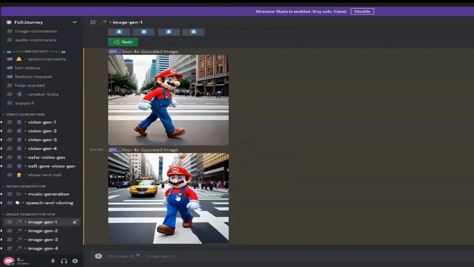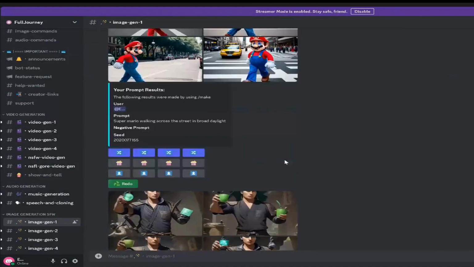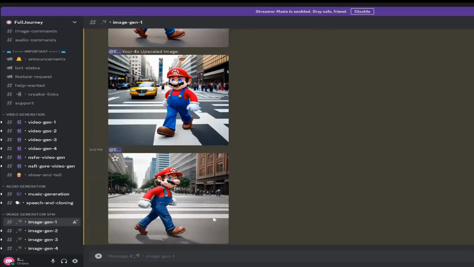Let's see what happens if we try to generate a video with our same two images. So let's click on this, and then we're going to come over here and we're going to click on the fourth image as well to see what gets generated. Okay, so these are our two images.